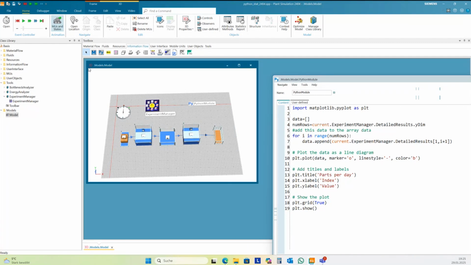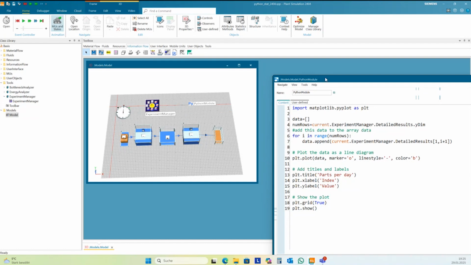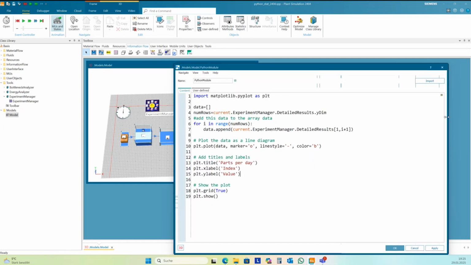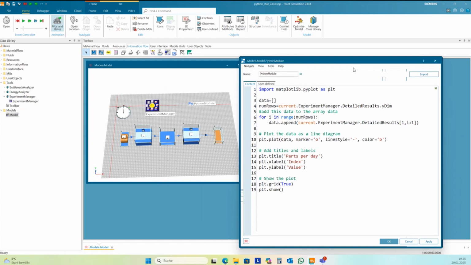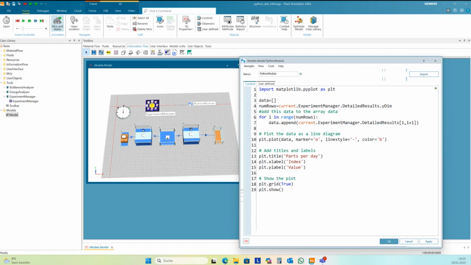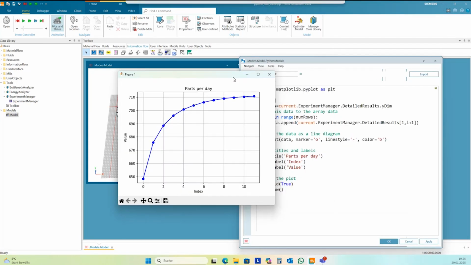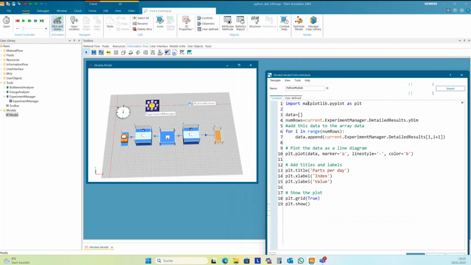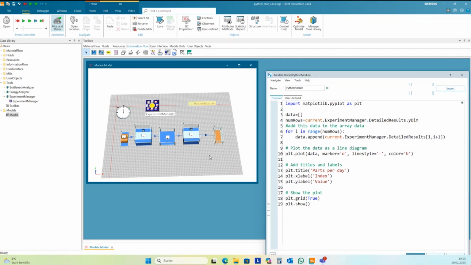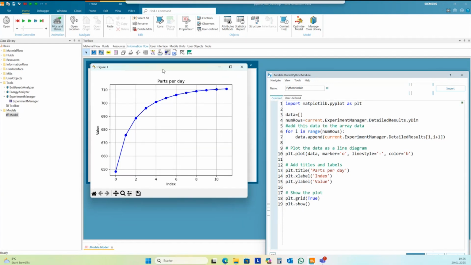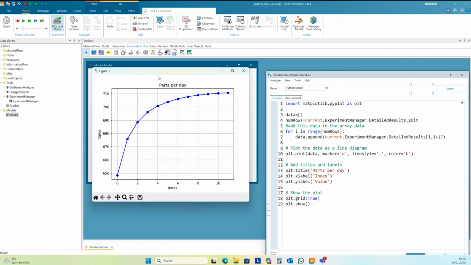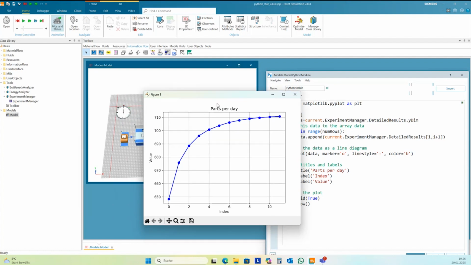Okay, you should save your model before you start Python. It really likes to crash. And with import, you can show this. You can start this Python script, and okay, need to be careful. You need to close this window because Plant Simulation is on hold if you show this.